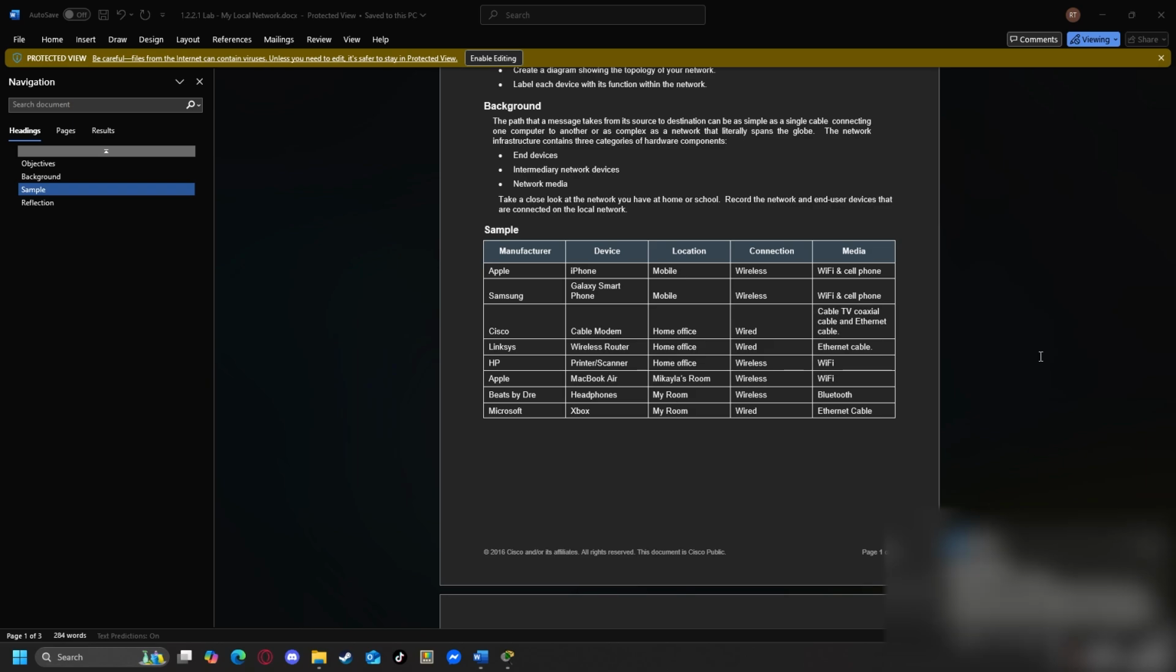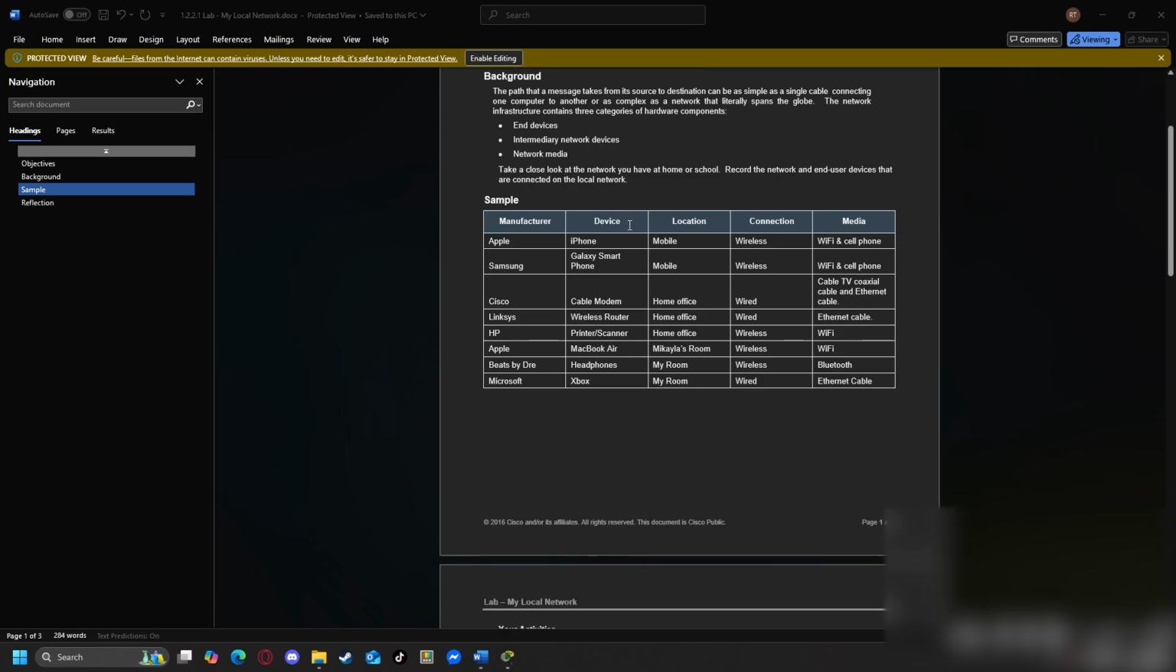I can't say a name because I've got one next to me. Could even be PCs, consoles, Fire Sticks, anything. Those all will make up your network. Now, as this does as a sample,